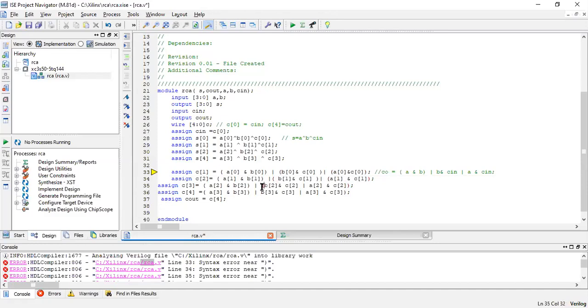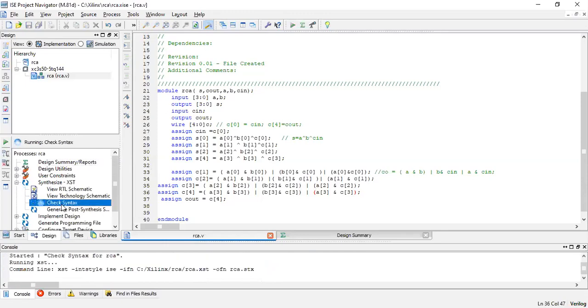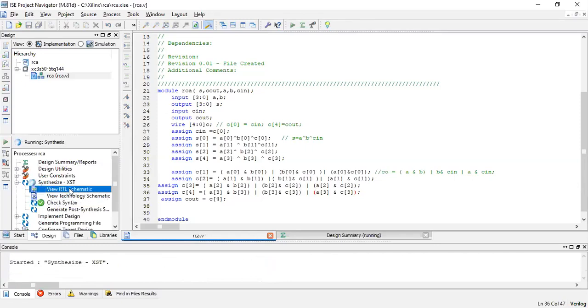I have to close the bracket over here and over here. See, you can use these brackets only for simplification of our understanding. So let me check it. Done. Let me view the schematic.